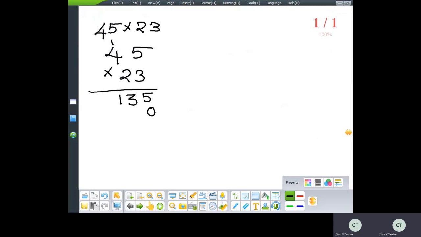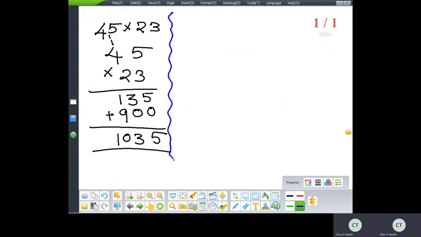Now go to the second one. So now 5 2s are 10. 0, 1 carry. 4 2s are 8 plus 1, 9. Now add it. So 5, 3, 9 plus 1, 10. So 1035. Okay, so this multiplication part is completed. Now let me check this by doing split and multiply.